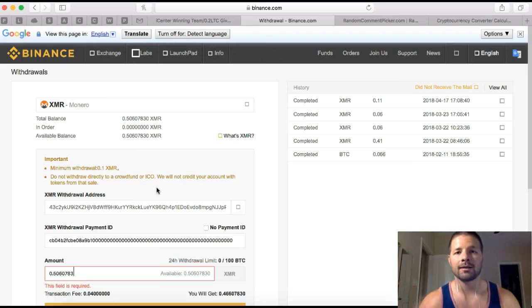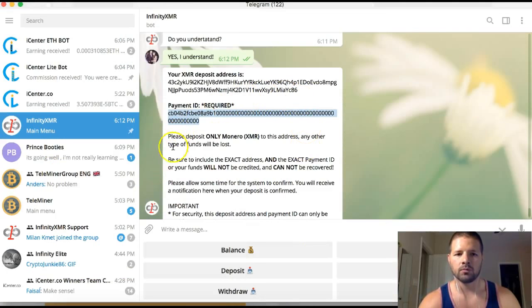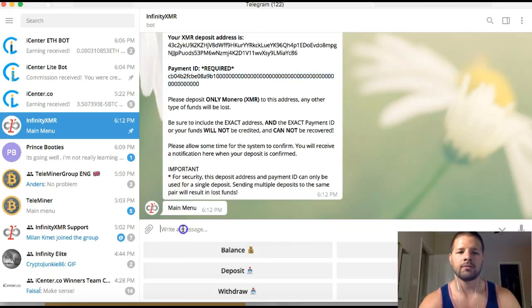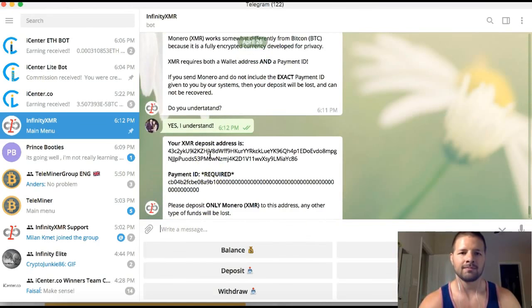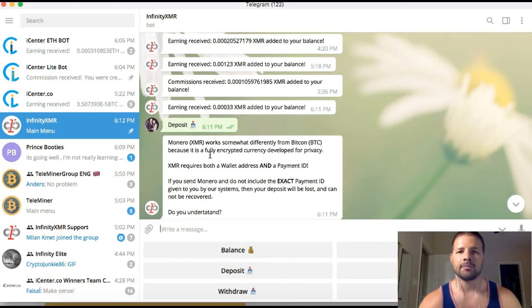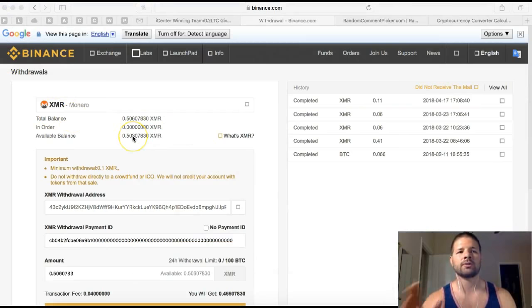And voila, that's it. It will be in my account here, investing, and I'll be making 1.2% for 100 every day for 120 days inside my Infinity XMR bot. So I just started this journey. That's what I'm doing. I just wanted to do this Binance